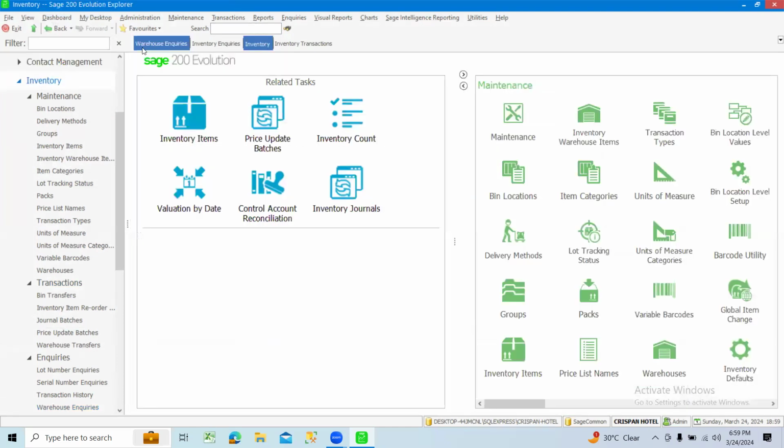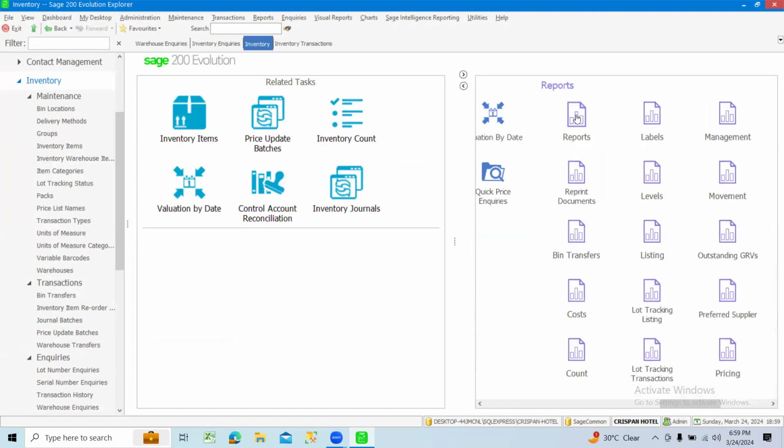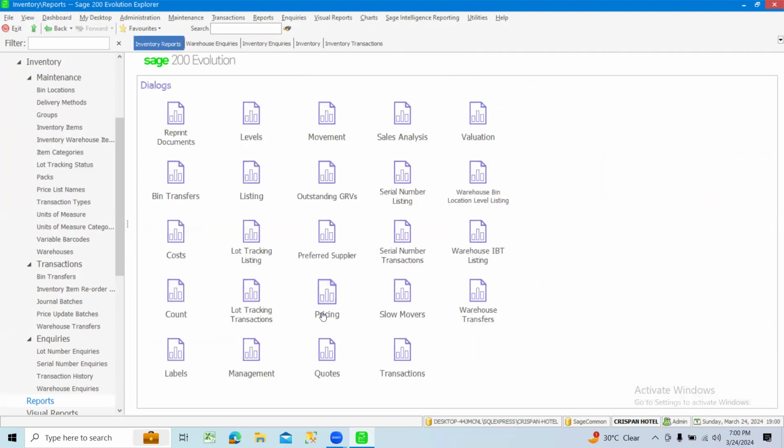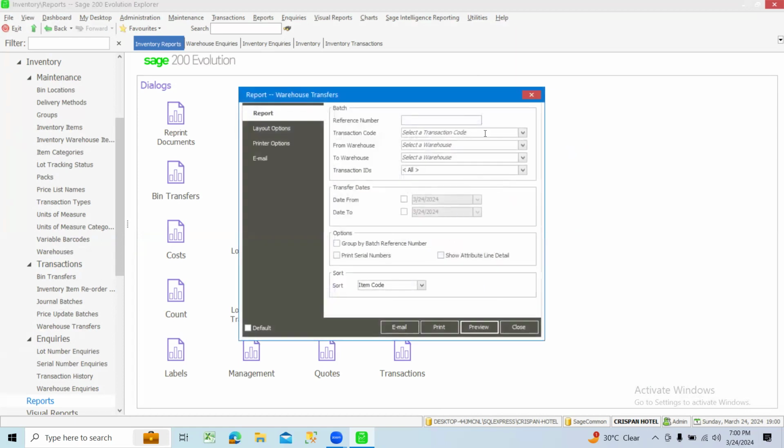Okay, so quickly let's go to our reports. You go to the reports, you click on reports. So we have various types of reports. We have a transfer, warehouse transfer. Let me show you this warehouse transfer, as this is also one of the types of very important reports